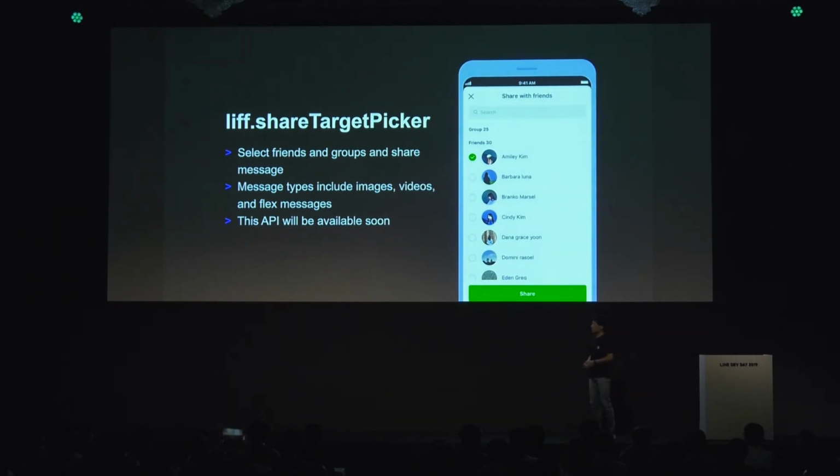Next, share target picker is what I will talk about. Unfortunately, this is not provided in LIFF version 2 yet, but this is going to be provided soon. Until now,